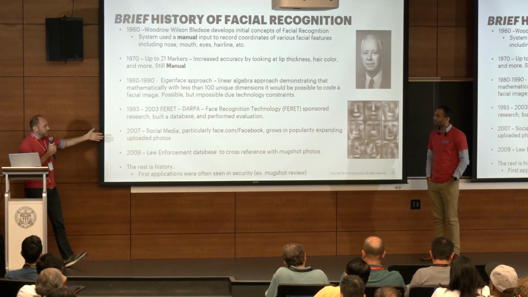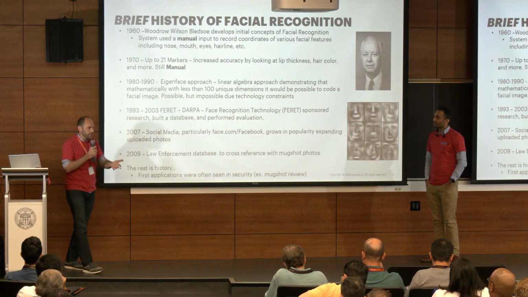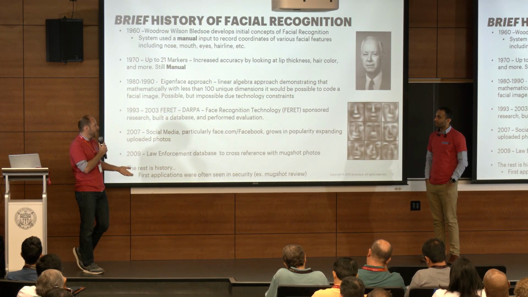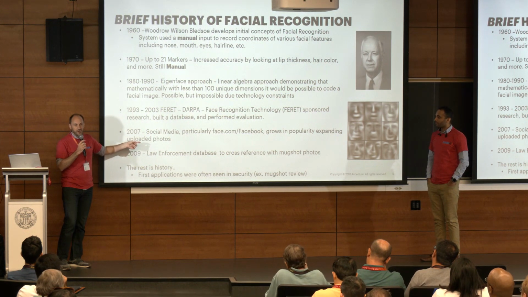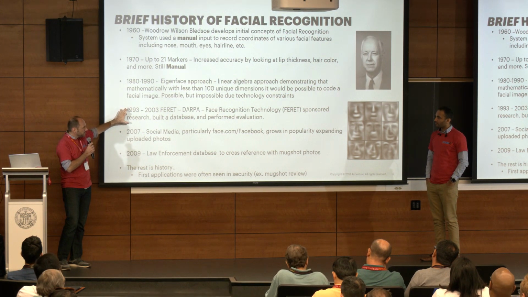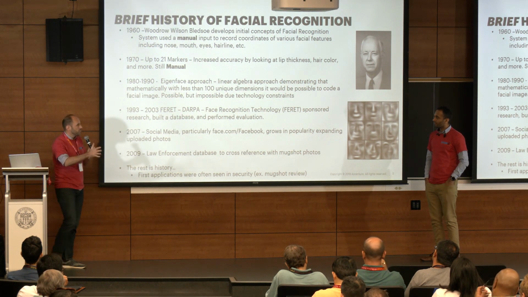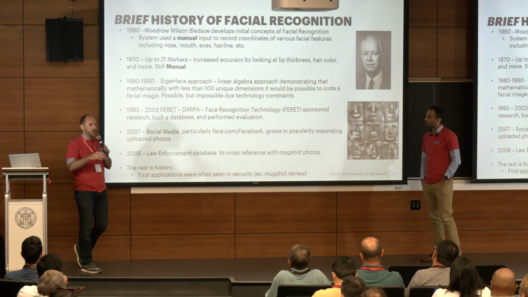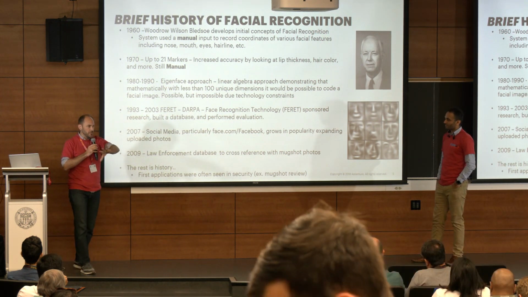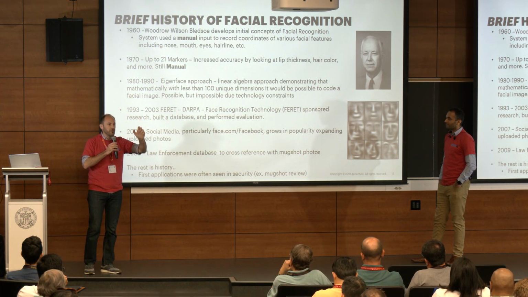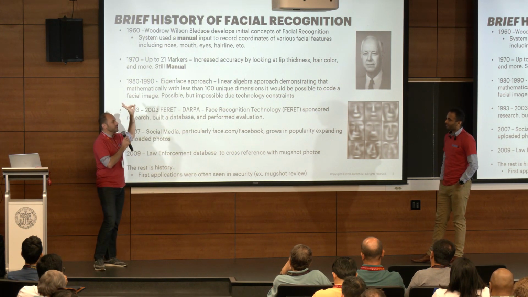Then, in 2007, social media explodes, or begins its meteoric rise. And I think the biggest effect there is that now we're uploading photos everywhere. So if we look in here, they built a data set. Looking at our notes, I think it was about 4,000 photos across about 850 humans. So they took about 850 people, photographed them, and digitized those images, and it turned into a data set of about 2,500 to 2,800. It was pretty low by today's standards. But this data set was huge.